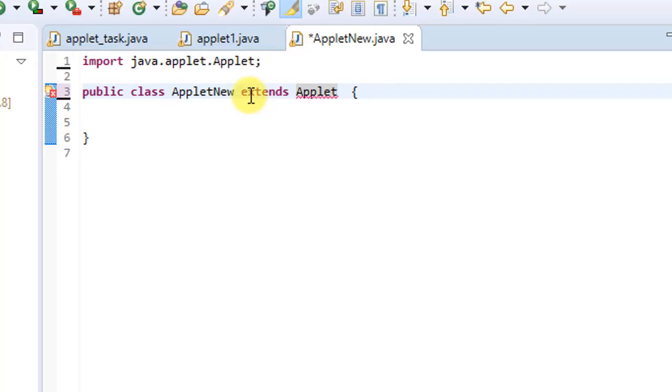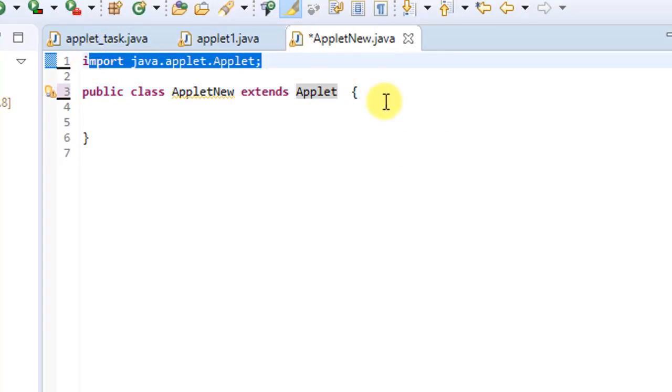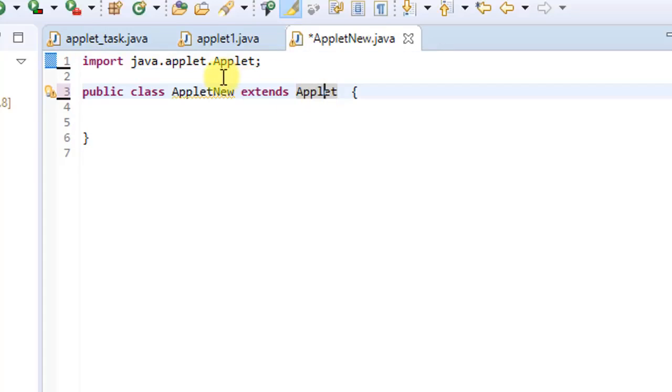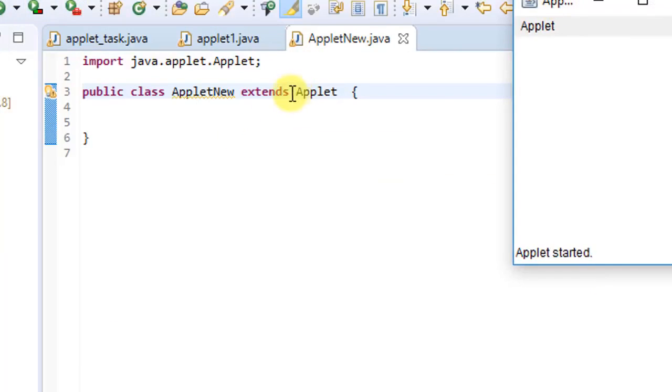All right, so see that it has already imported it by itself. So we have applets here. When we try to run this, it will open this small window because it knows now that this Java program is for the applet which I'm writing right now. All right,